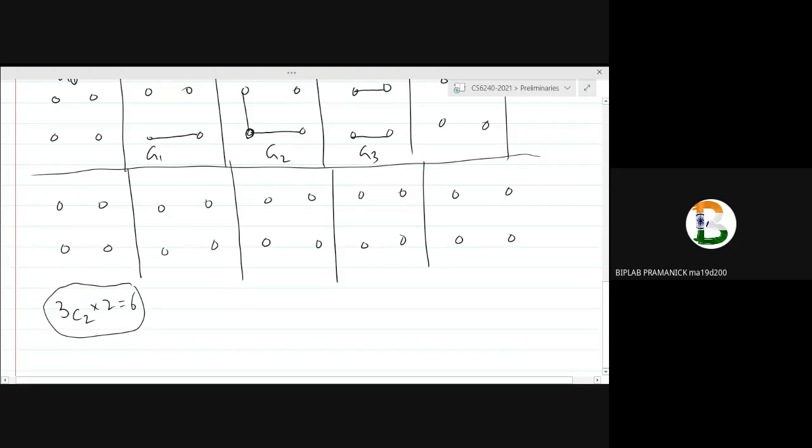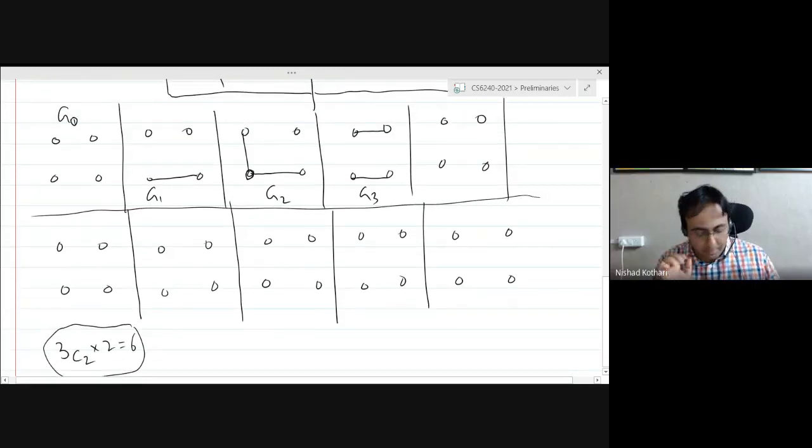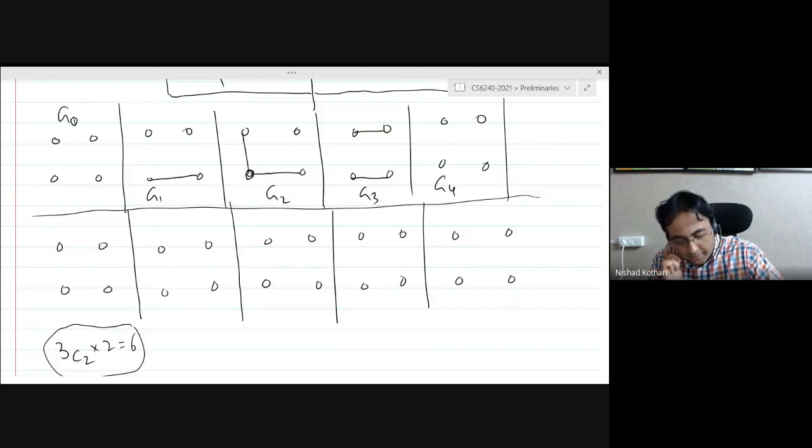So let's see. So that is definitely an upper bound. Okay, I won't go into the calculation of that. That looks like an upper bound to me, but it's going to be actually lesser than that. Let's start going through the possibilities, right? So we have 3 edges. Can someone tell me what are the possibilities? I want non-isomorphic graphs.